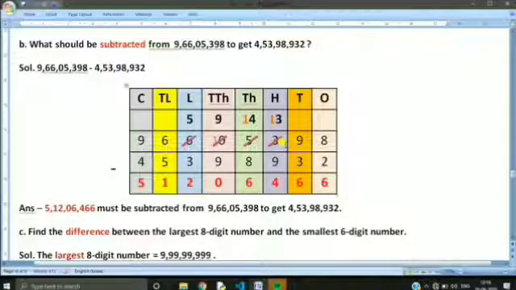On moving to hundreds column, 3 minus 9. From 3, 9 can't be subtracted. We cannot subtract 9 from 3. So 3 will be going to the next column and asking to land 1. So here 5 will be landing 1. So you have to make a change, cut and write it.